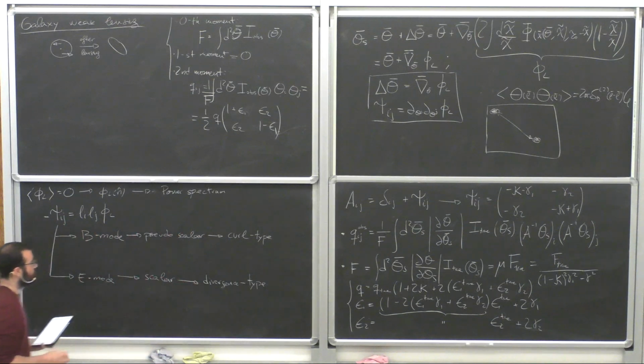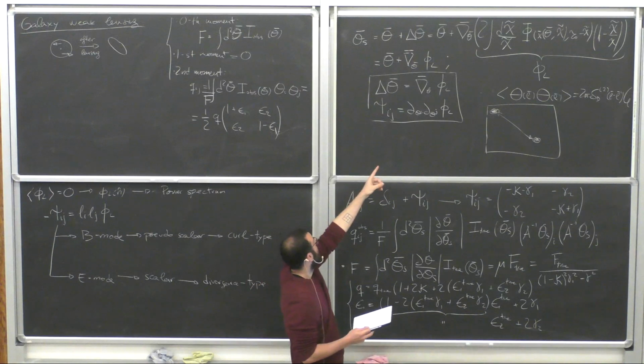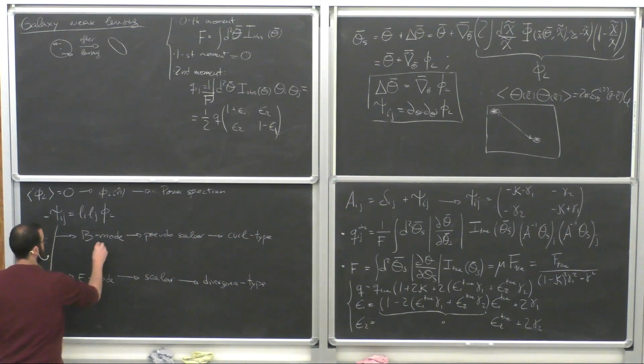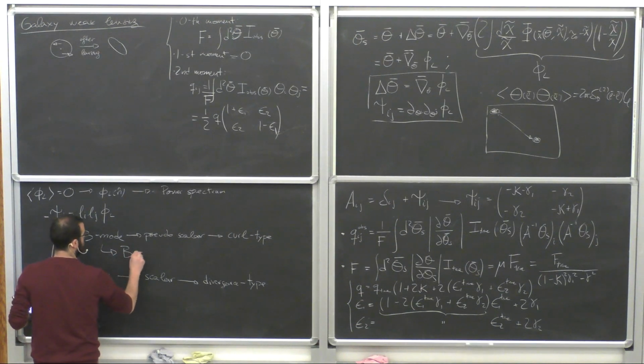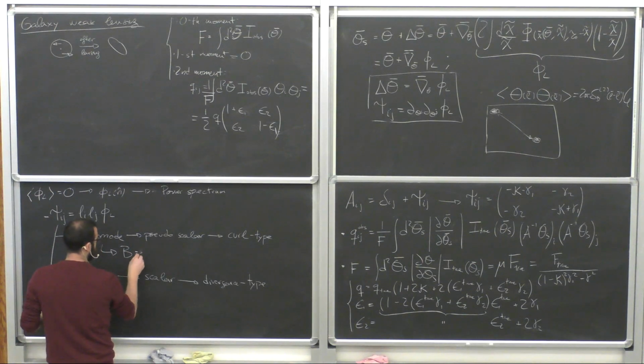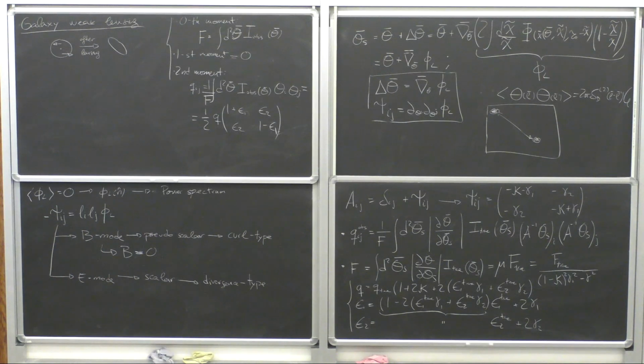from the deflection angle. However, remember that the deflection angle is already a gradient, and the curl of a pure gradient quantity is 0. So we know that from weak lensing at the linear order, as we are using all the time, B has to be 0. And this actually is used as a consistency test for systematics in maps. Like if we try to compute the B-mode correlations for a shear map and it's not 0, we have some systematics in the data that we need to care for.